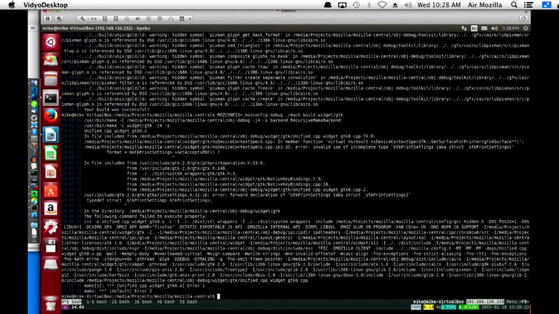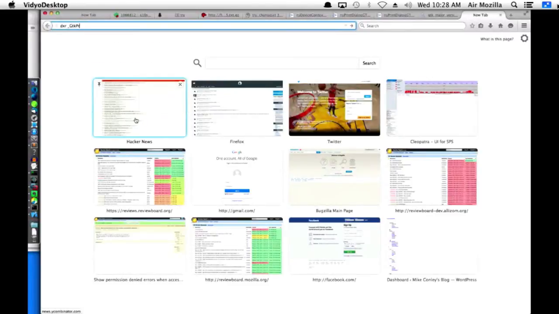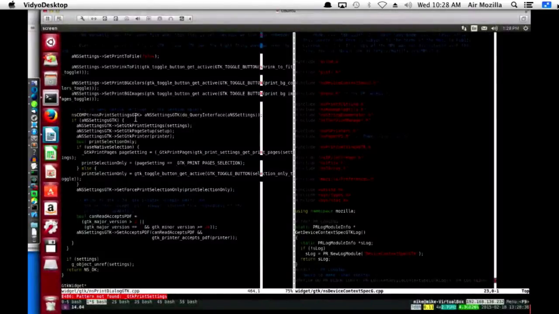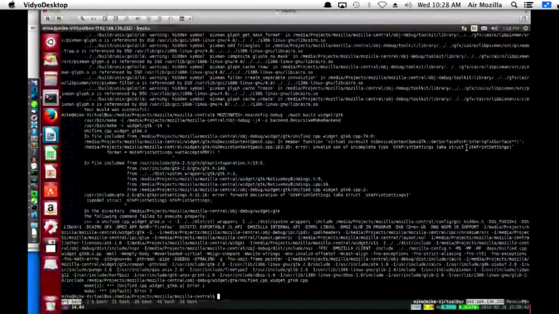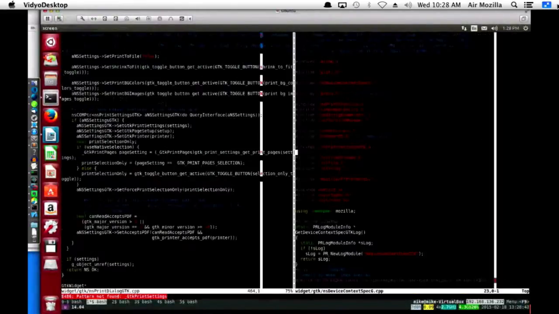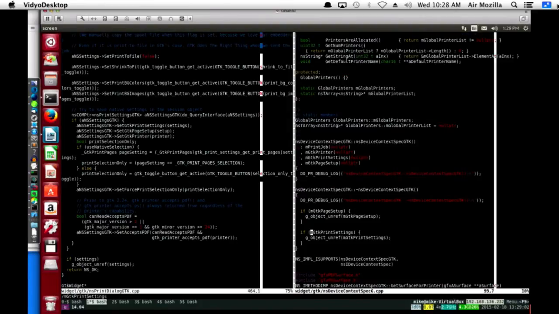Struct. What are you talking about? What is underscore GTK print settings? Is that something that's generated at compile time? What are you talking about? Nope, never heard of you. AKA struct GTK print settings. Incomplete type. Okay, let's think here. So, this is the exciting stuff. I am in a pickle. I don't know exactly why I can't call this method. So, let's see. What even is it?